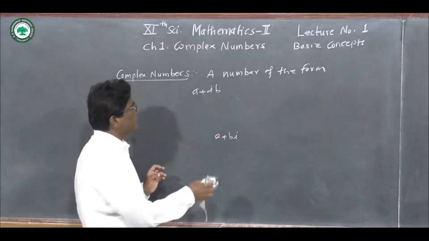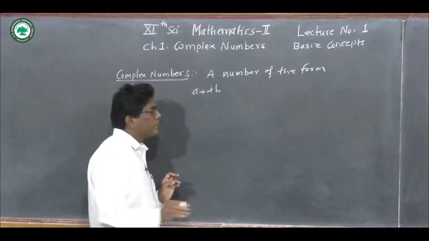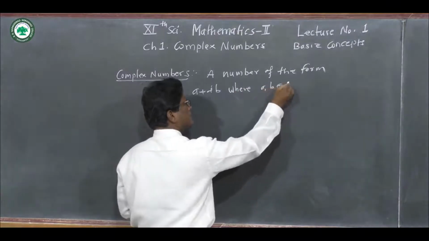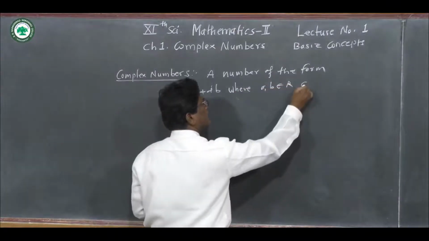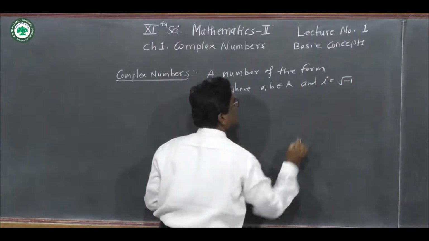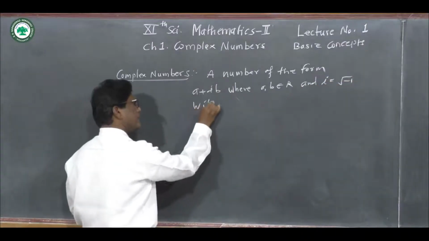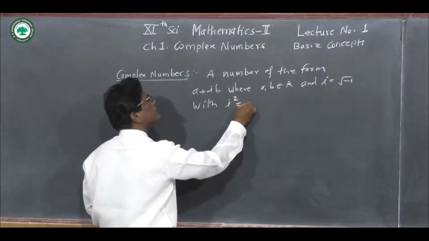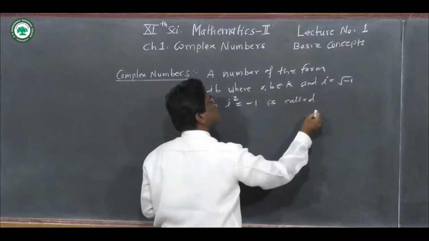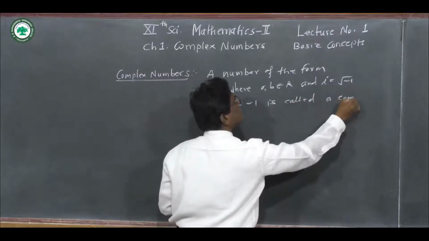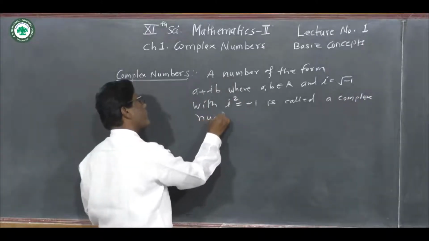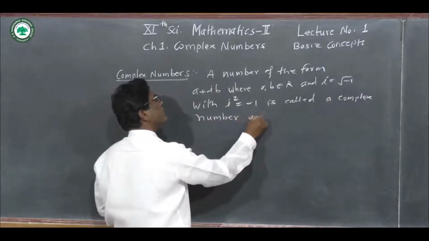So a number of the form a plus ib, where a, b belong to real numbers and i is equal to under root of minus 1 with i square is equal to minus 1, is called a complex number, and it is denoted by